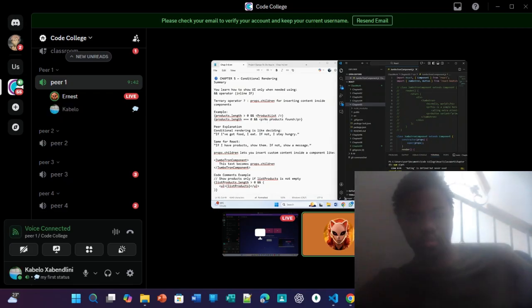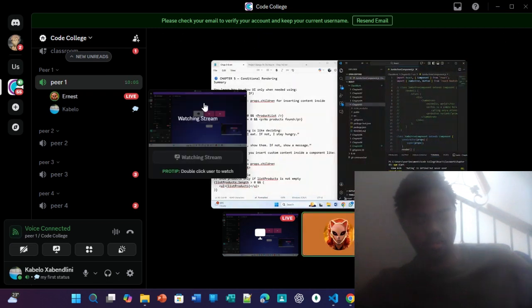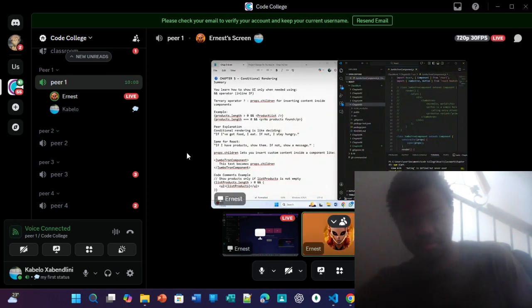In other words, conditional rendering is like deciding if you've got food. If I've got food, I eat. If not, I stay hungry. That's just an example. Same for React: if I have products, then show them. If not, show a message. And then we have the prop children, which lets you insert custom content inside a